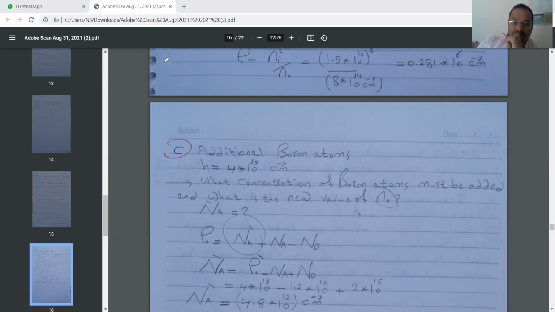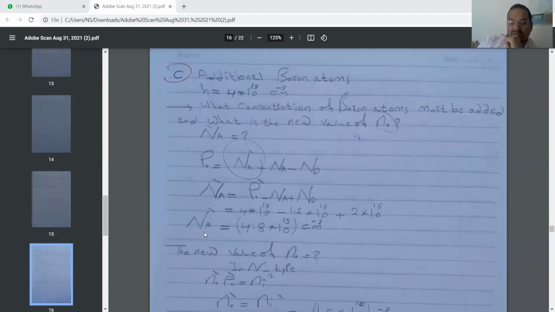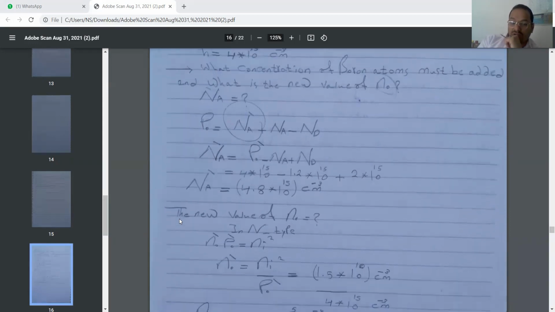Here we can find the last result: Na dash, the new acceptor concentration at the valence band, equals 4.8 exponential 15. The new value of the electron concentration at the conduction band,